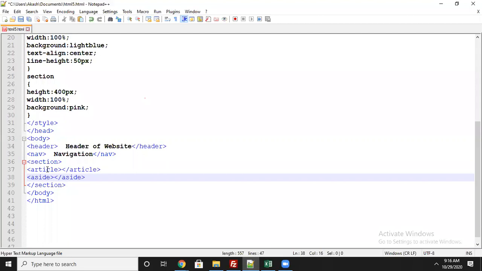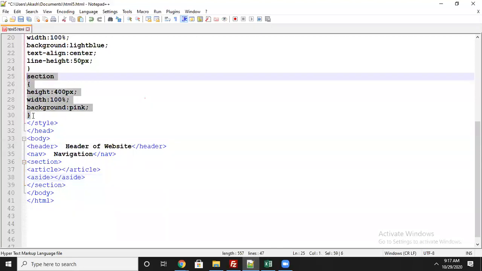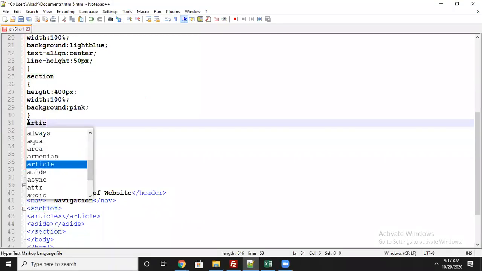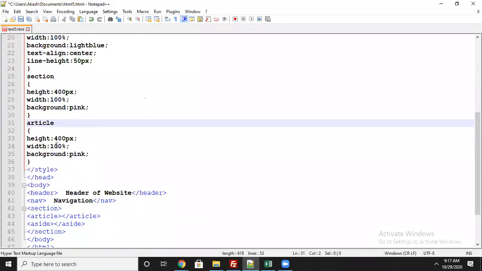Now this 100% I will divide into two portions for article and aside. One I will take 65 percent, one I will take 30 percent. Let me show you how it works. First one, article. The article I will take width 65 percent. 65% of the portion will be text.